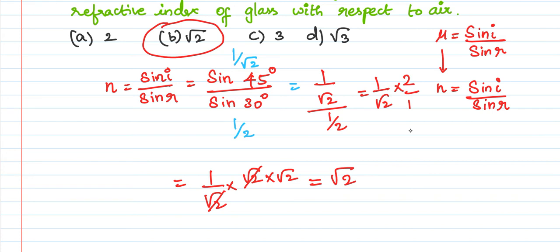Option B, root 2. Very important thing is that you are going to use the OMR sheets only. So see to it that you are checking the data along with the option letters also, because we will be making mistakes in selecting the correct options. So that is very important.